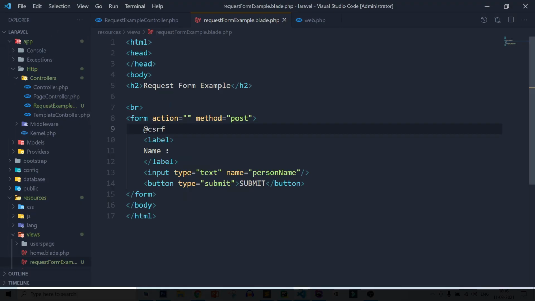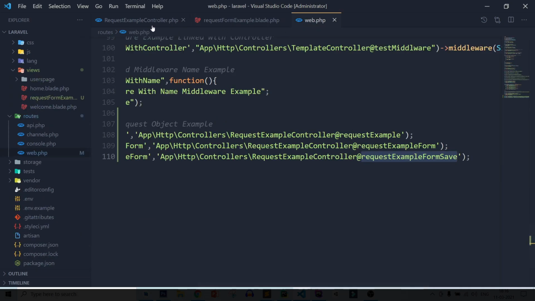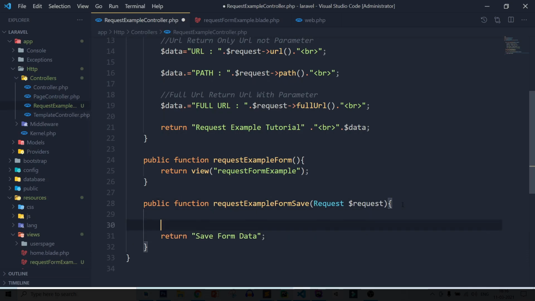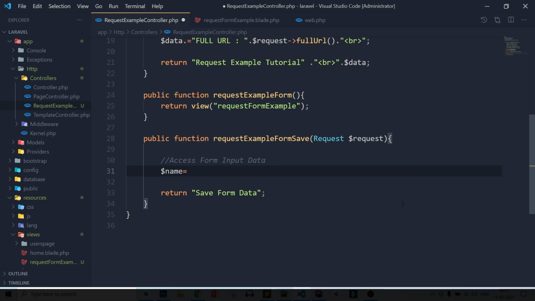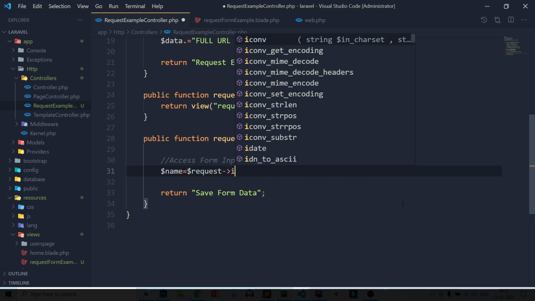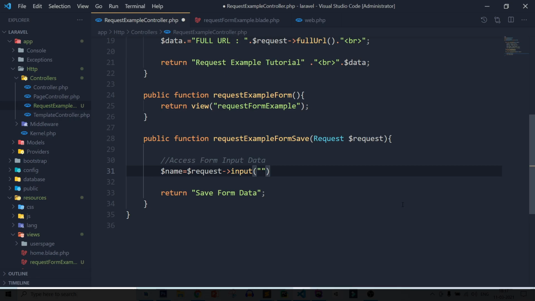Now let's see how we can access this form input data. So for this, access form input data. So dollar name equal to dollar request, and after that you need to add an arrow and add input, and add the key name, which is our person name.